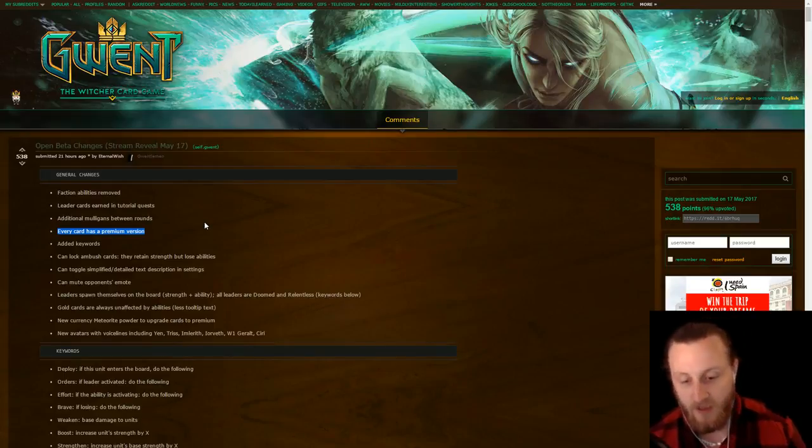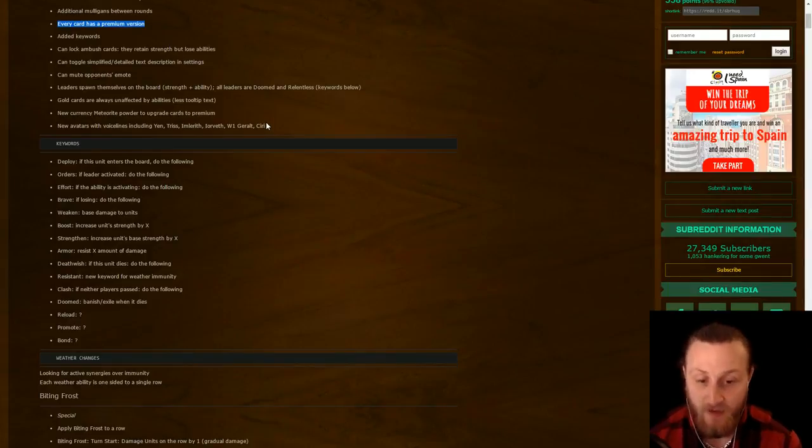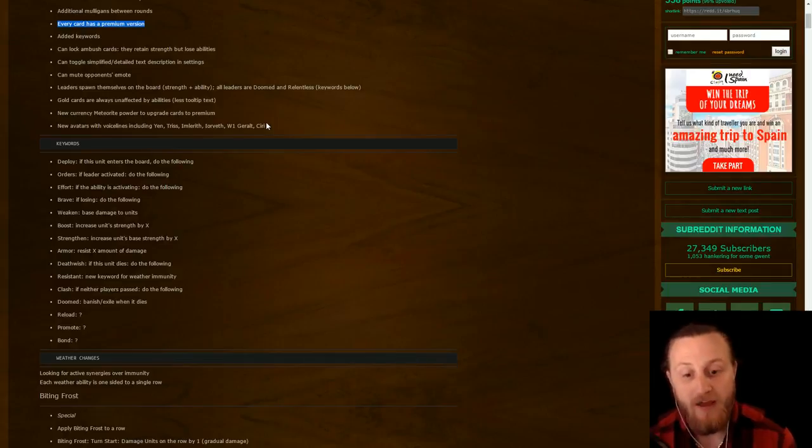Anyway, okay, so let's look at keywords. So, Deploy. If this unit enters the board, do the following. Pretty simple. Orders. If the leader is activated, do the following. Effort. If the ability is activating, do the following. Brave. If losing, do the following. Weaken. Base damage to units. So